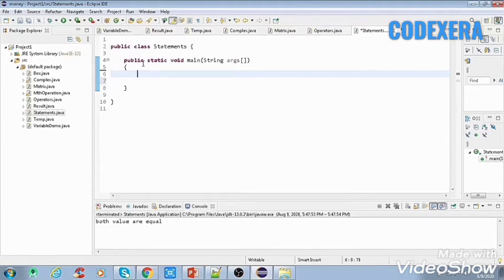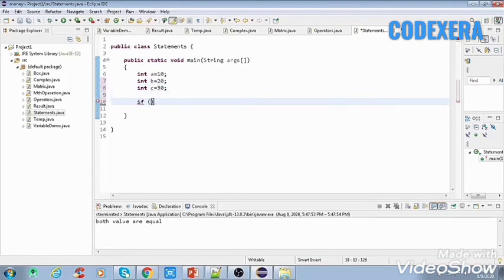That is not so hard, that is very easy. Here we'll start. Suppose int a is equal to 10, int b is equal to 20, int c is equal to 30.